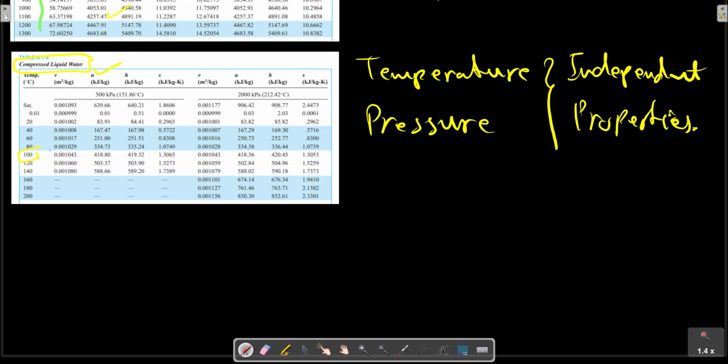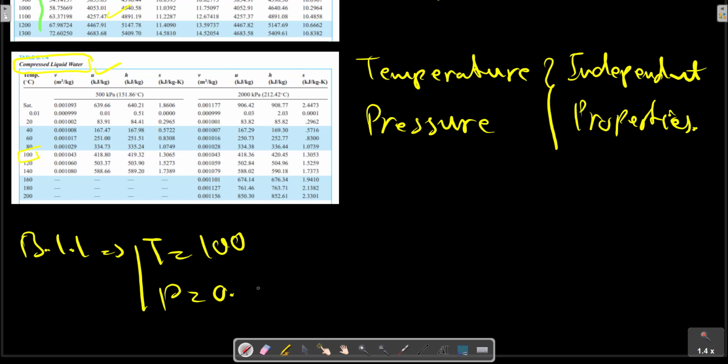These properties are given in B11, and we note that from B11 for T equals 100, the pressure is 1 megapascal and the specific volume is